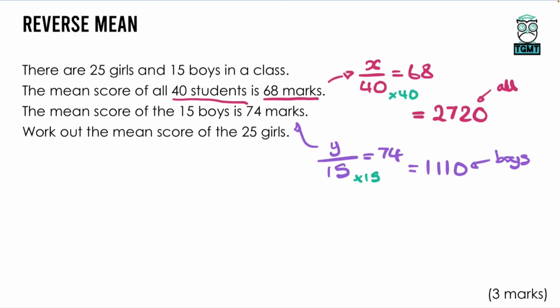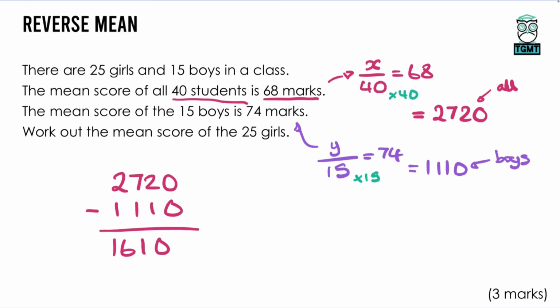Now, in order to get the total for the girls, I would want to take the total for the whole class, 2,720, subtract 1,110. I don't actually need to do that using column subtraction, but I want to make sure my working out is nice and clear, particularly just in case I have made a mistake. I'm still going to get those method marks for doing the correct process. So the total score for the girls is